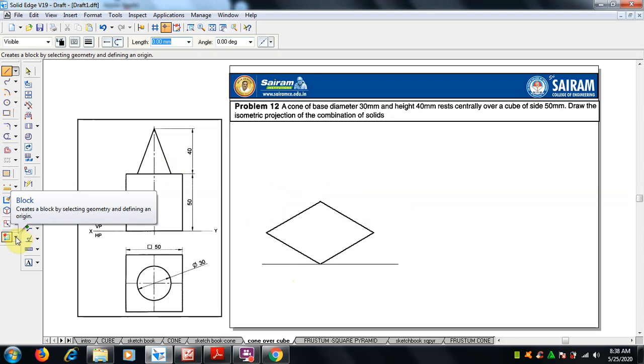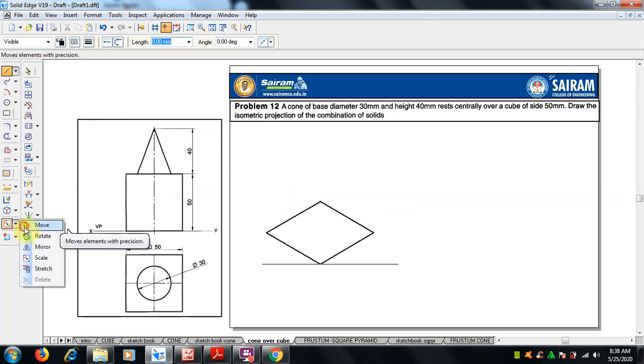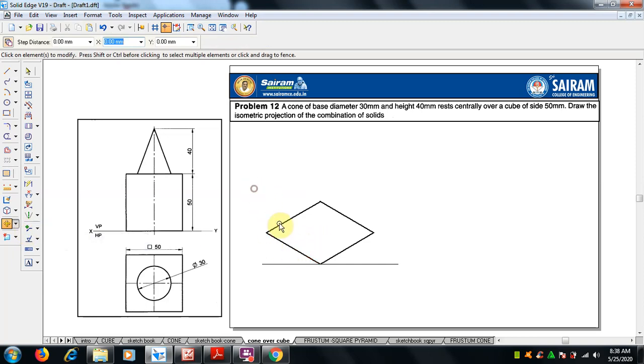I can do different methods also, no issues. I am going to move this. I am selecting it and moving a copy from this end point upward. What is the distance? 50 mm. In the x-axis I should not give any value, but in y, the vertical height is y.